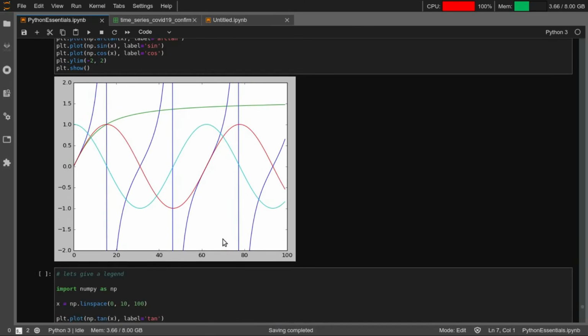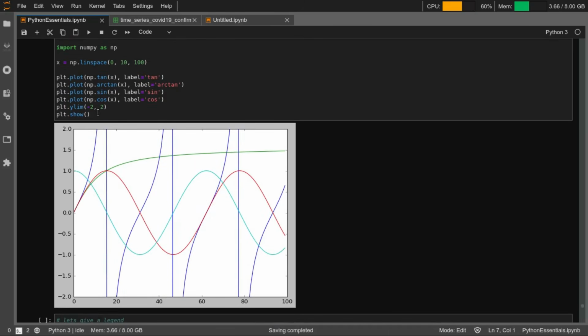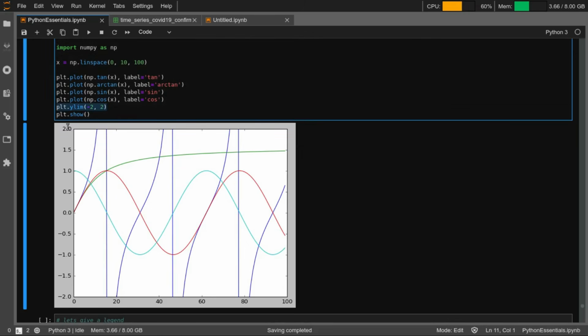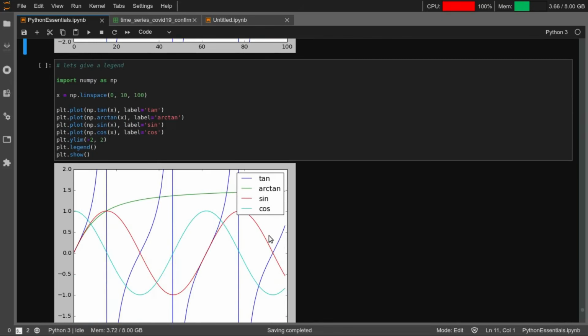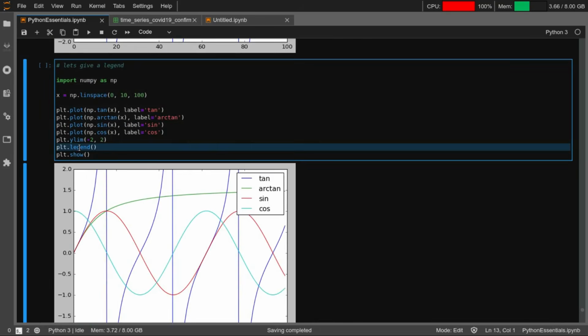Same can be seen here, right? And one thing is that you can mention the limits of your axes, like the y-axis should be between 2 and -2. Similarly, using plt.xlim, you can dictate the limits of your x-axis, right? So let's say that you have drawn some 10 lines in this figure, but you also wanted to show which line is for what, right? Because that is crucial. That is what legend will do, right?